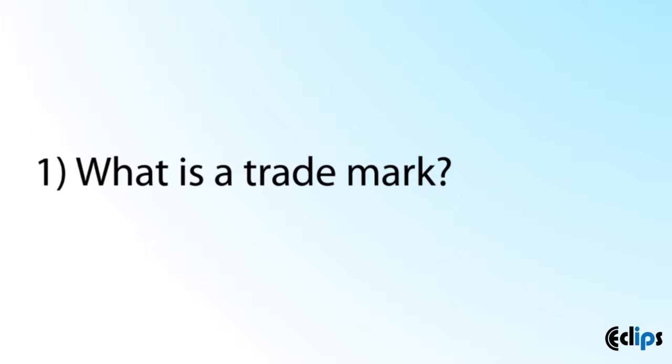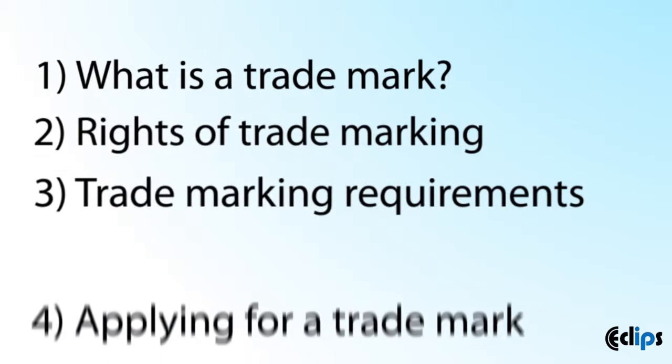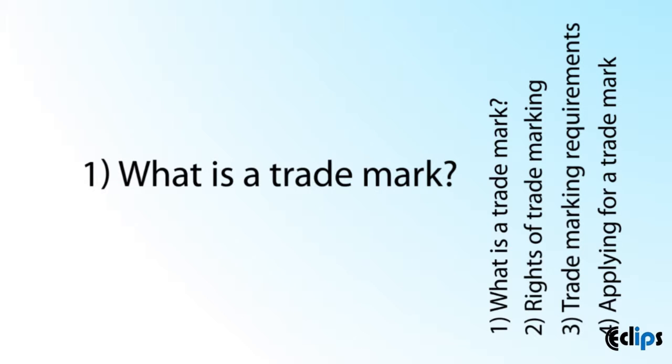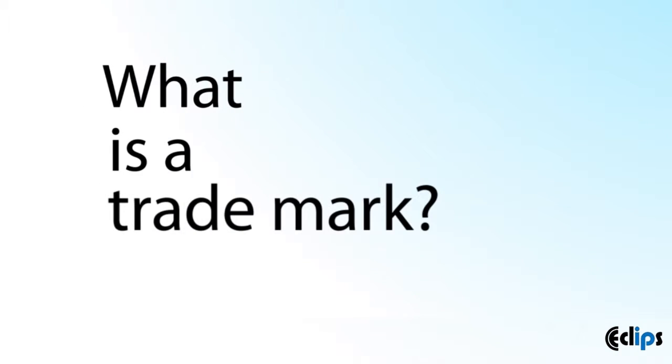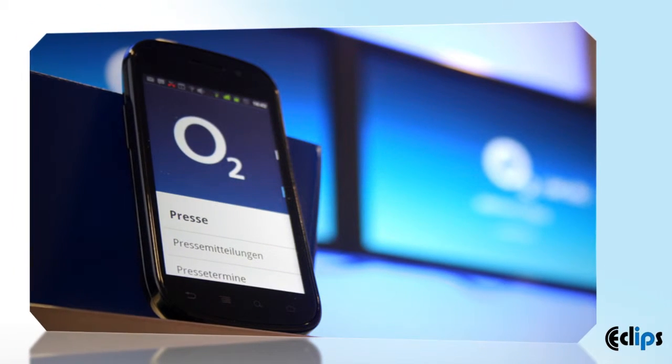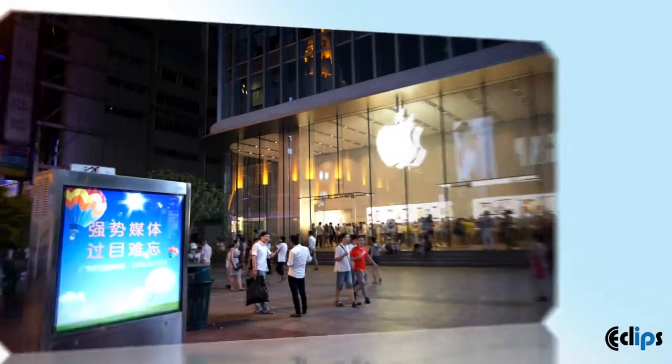The essentials of trademarking are covered by 4 Eclipse modules. This first module will help you to understand what trademarks are and the various types of marks commonly used. What is a trademark? Ordinary trademarks are distinctive signs that help you identify the goods or services of one trader